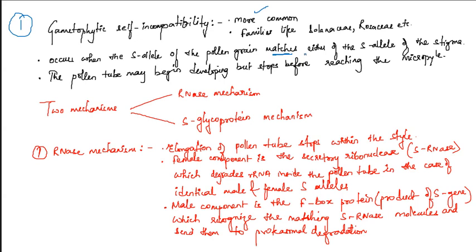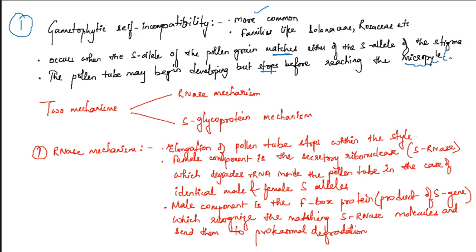When there is matching, then there is no growth. But sometimes it is seen that the pollen tube starts growing. Either it will not grow, or sometimes the pollen tube will start the growth, but later on the growth is stopped before it reaches the micropylar end. I'll discuss why they go to the micropylar end. So before they reach the micropylar end where the egg is present, the growth of